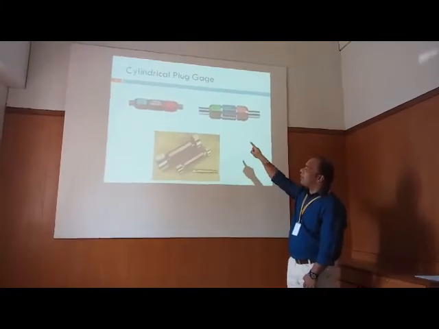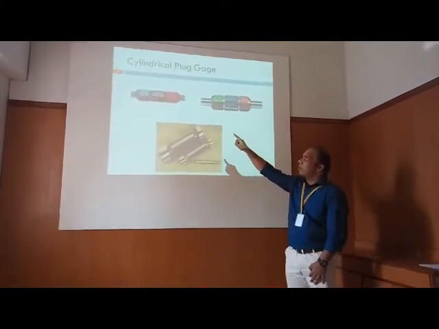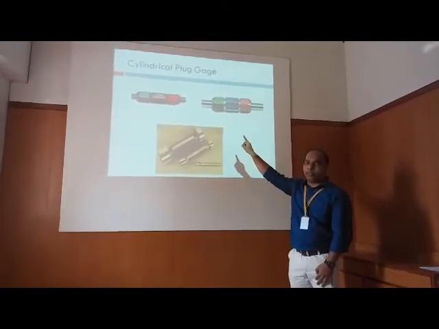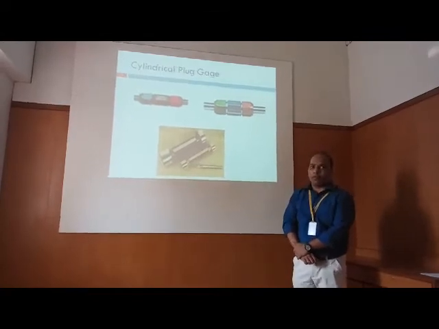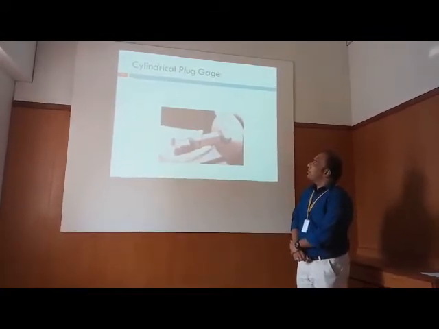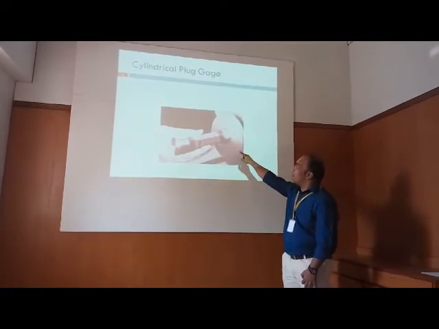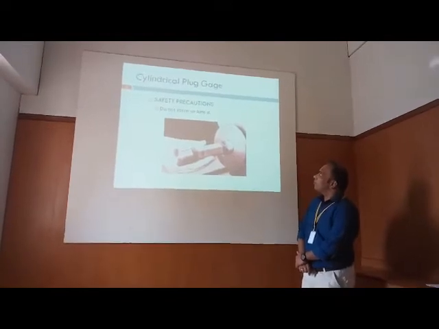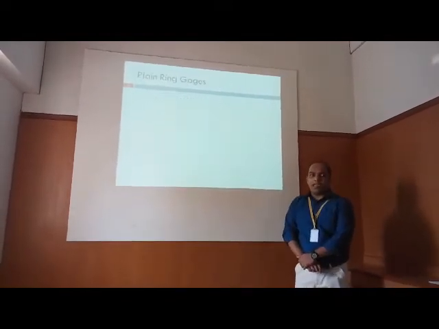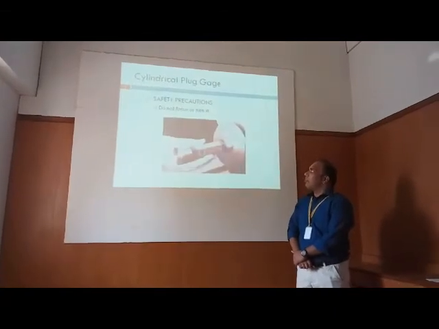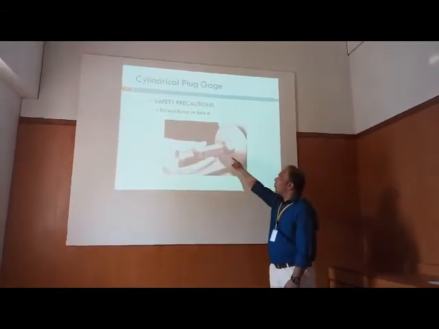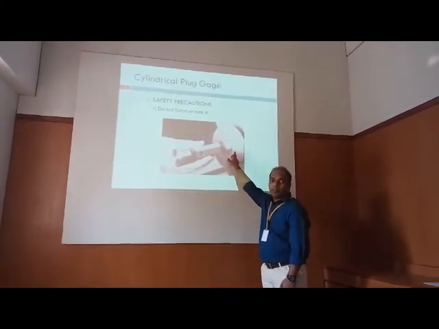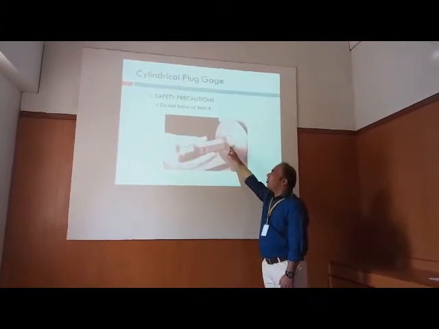So as we can see, these are some examples of cylindrical plug gauges, where green and red parts have been shown. The green part always indicates the go side and the red part always denotes the no go side. This is the cylindrical plug gauge testing, where the workpiece is being tested using the plug gauge. The only main safety precaution is you cannot force or turn, because if you force or turn, the external surface of the gauge will bind with the workpiece, so it may damage the gauge surface.